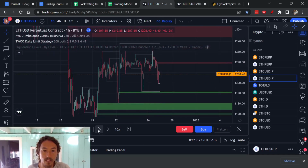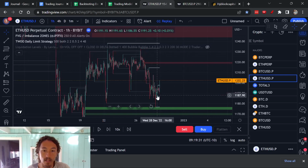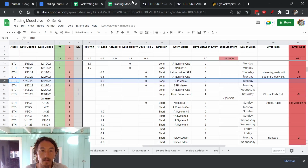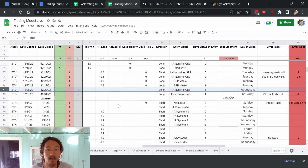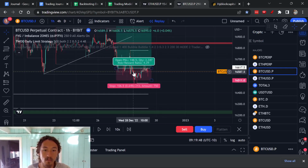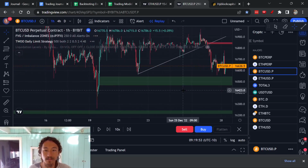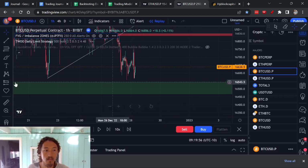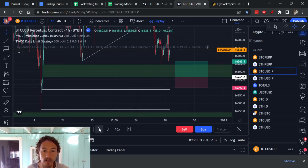On the 27th, I think I must have market-entered right there, and it's not working, and I got out. Okay, 28th, these are the ones that went wrong. On the 28th, I also ran the gap. So on Bitcoin, on the 28th, I had to run the gap. So I took a trade like this,